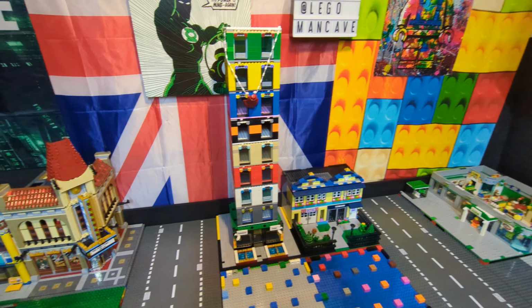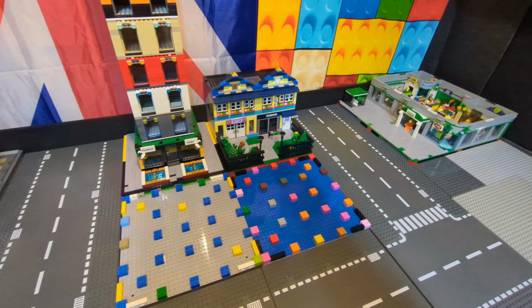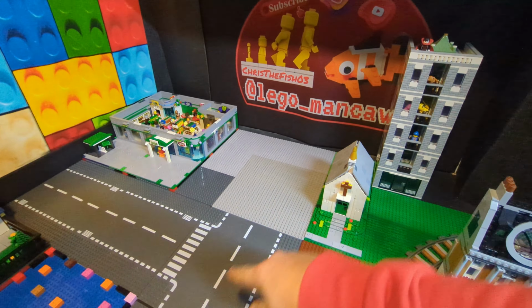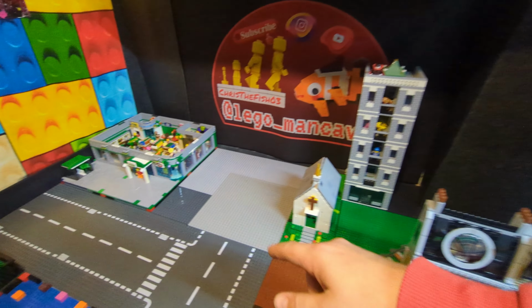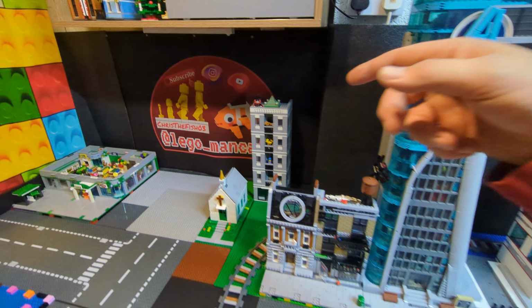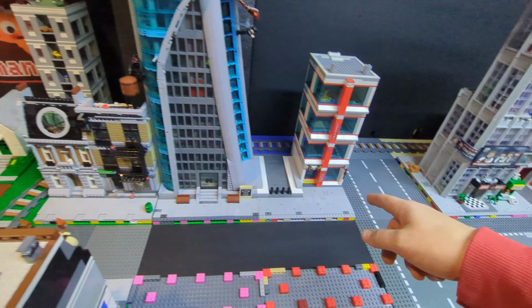And then I've got the Rainbow Hotel, the school. I've got Asda in the corner. And I'm thinking of obviously doing like a little car park there. We've got the chapel for now. We've got the hotel. I've put...